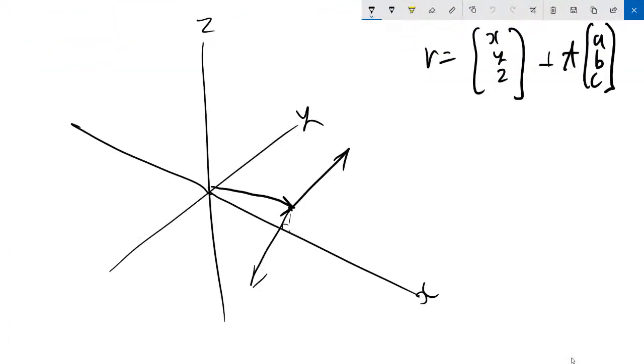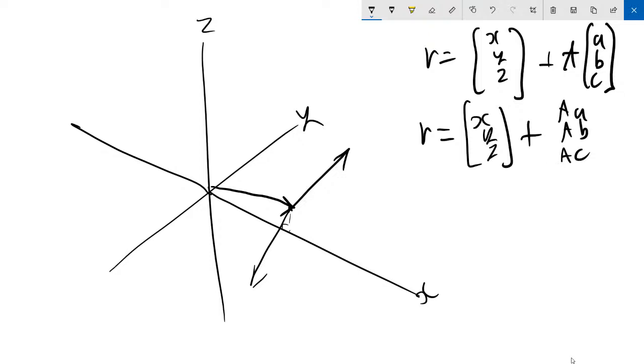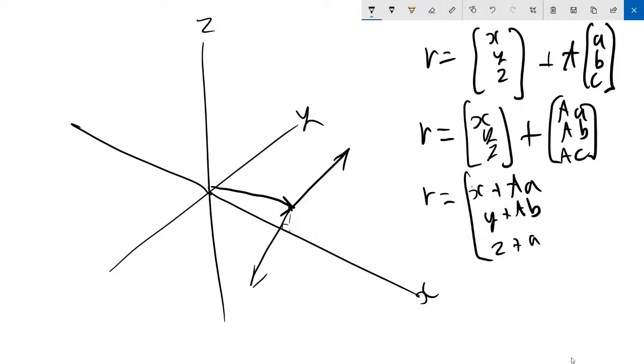Now notice this can be written a little differently using some of the rules we learned earlier. You just keep x, y, z for now. We learned the rule that any scalar can be put into it, so it can be ta, tb, tc, like so. So r is equal to x plus ta, y plus tb, z plus tc. Notice I can't even read my own handwriting. This is another way to